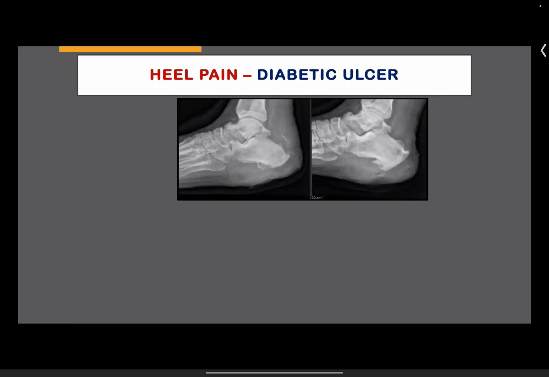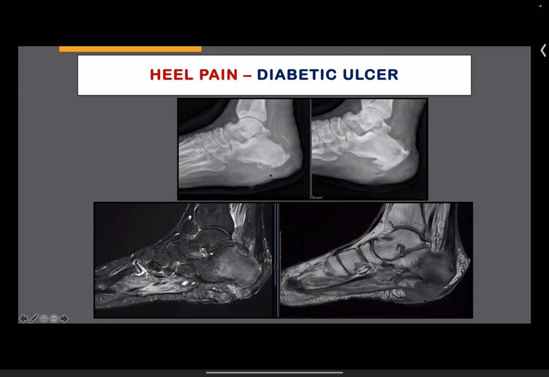I think we are used to these X-rays in our part of the world and in the Middle East as well. Poorly controlled diabetics with poor foot hygiene can have an ulcer, and you can see that on the previous X-ray there was some kind of ulcer with a bit of gas, but a few months later you can see there is destruction. So it's like active osteomyelitis, and you would say, why do we need an MR? But I think MR is important for the surgeon